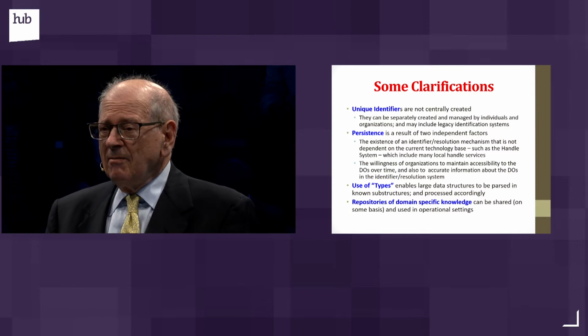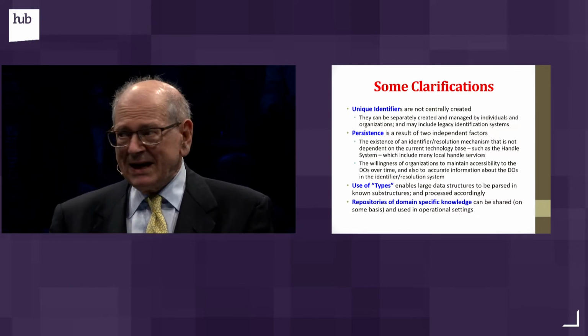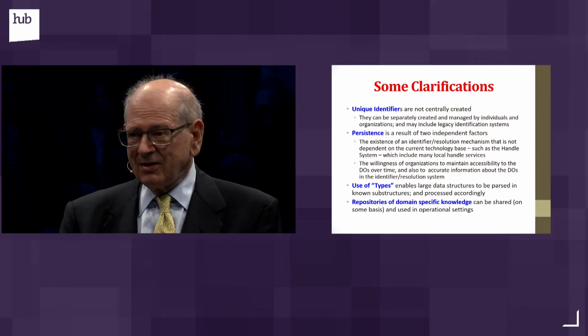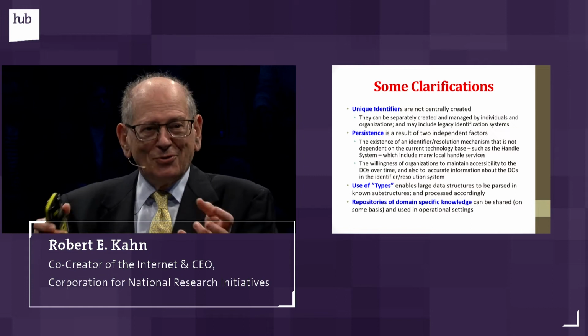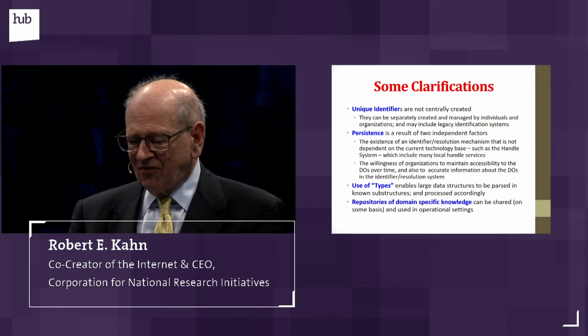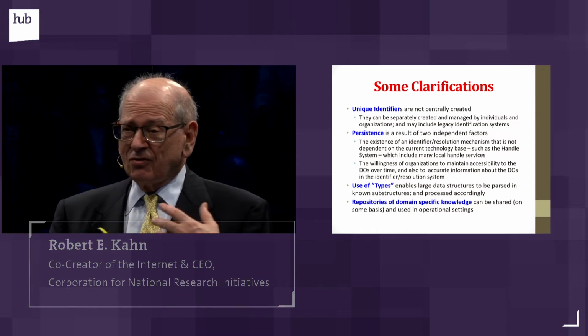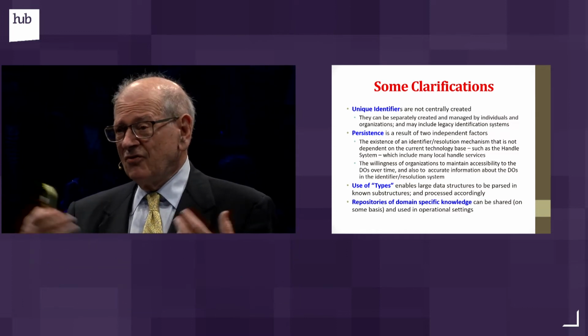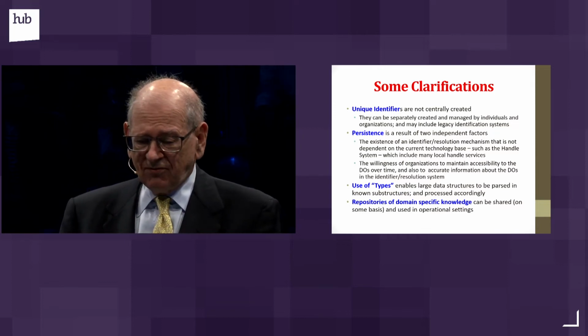First of all, many people, when they think about an identifier system, think there must be some central body that's creating identifiers and giving them out. That's not what this is about, any more than the internet was about one computer doing all the computers. It's a fully distributed system. Individual organizations can create their own identifiers, can create their own records for those identifiers, and decide where they want to store their information, and who can access it with full security.